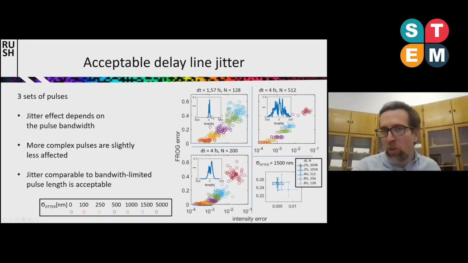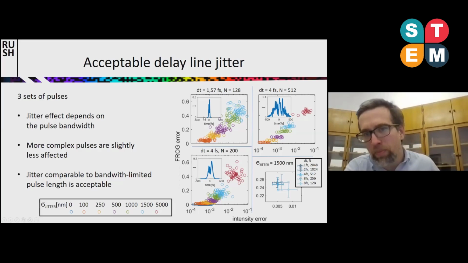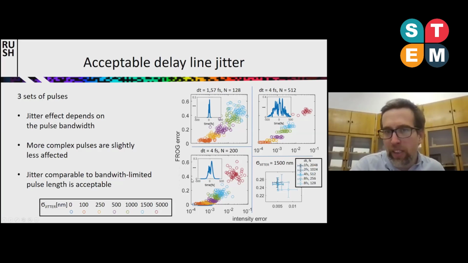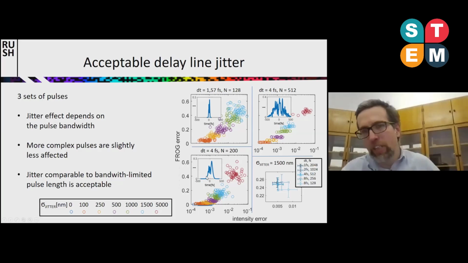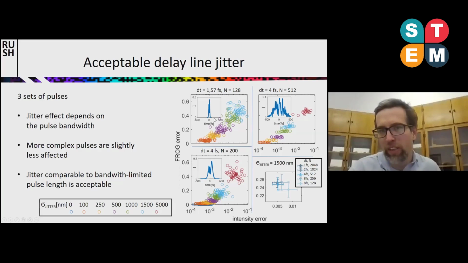Such a pulse would look like this if you had a titanium sapphire few cycle pulse oscillator, and you would carry out pulse shaping. Here is another case where you see a random pulse like this. It's the same set of pulses, but this time stretched in time, so smaller bandwidth.